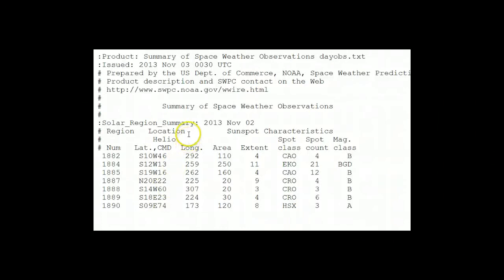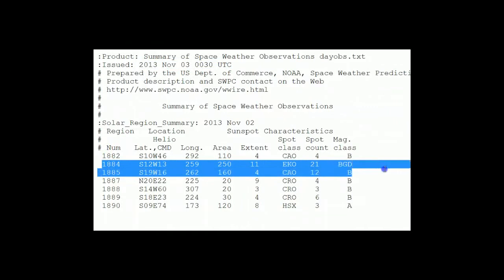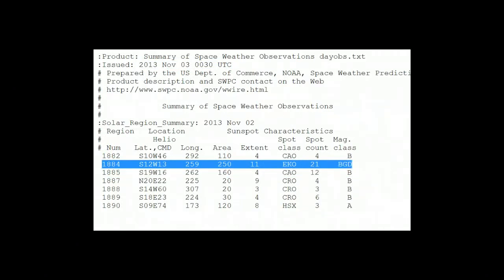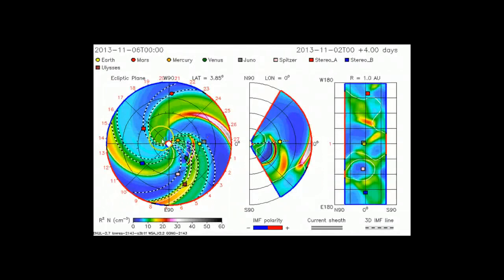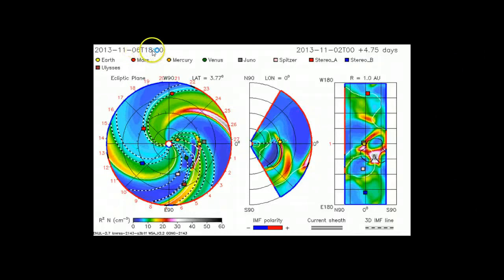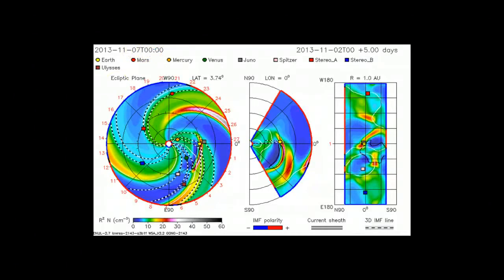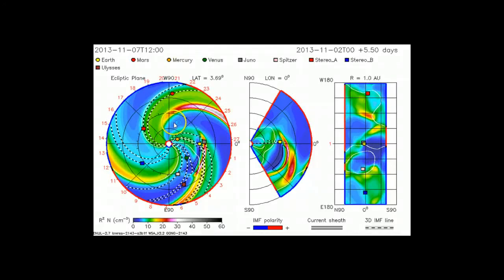But here you can see that 1884 has gone back to beta gamma delta. It's on the 3rd, right there. At the bottom of the chart is 1890. Now it's rated as just a single configured group, but it's a large group. There are about 3 sunspots actually that look like they're growing, and they're larger than what we've been dealing with. Our X flare capable sunspot is turning towards ISON. These are turning to Earth, and they will continue to turn in the next 3 weeks as we watch ISON